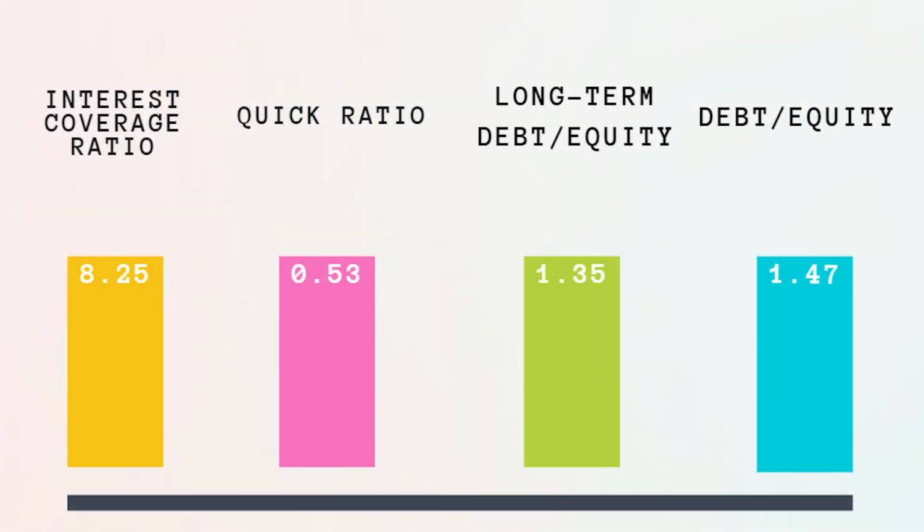Now, let's assess the company's liquidity and solvency. The interest coverage ratio is 8.25, indicating the company's solid ability to handle its debt obligations. The quick ratio, a measure of the company's short-term liquidity position, is 0.53. This suggests a high inventory and low ability to handle short-term shocks. Additionally, the long-term debt equity ratio is 1.35 and the total debt equity ratio is 1.47, both suggesting a high debt load. Although not that high compared to other companies, it is pretty high, and they should probably reduce their